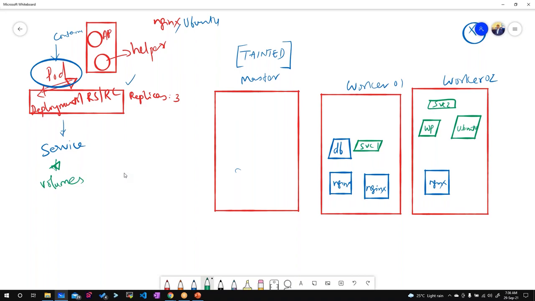Now if I need, I can attach some volume to this DB, right? Some volume. For WordPress also some volume. This volume can be bound to a particular node, or it is a cluster level volume, or else I can mount an NFS, right? So there is an NFS, and then there are mounts. I can mount the same mounts, and I can use them. Okay, so there are volumes.